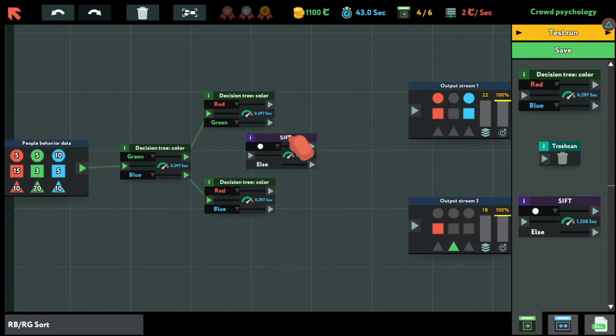Let's drop a sift. How many can we have? We need a trash can. How many shapes do we not want? Quite a few. We want no green squares, no green circles. Yeah, we're going to need a trash can. It's just that simple. The system's going to overload if we don't have a way to get rid of what we don't want. So, let's say